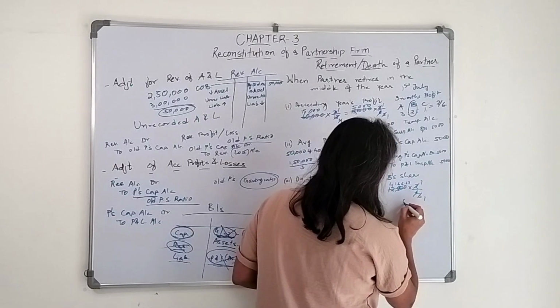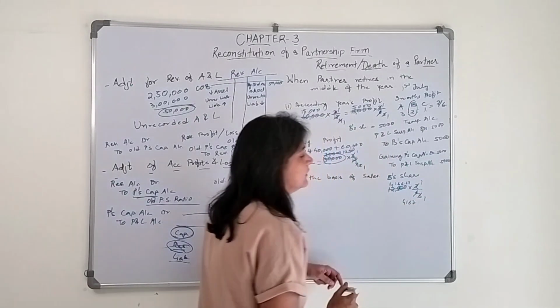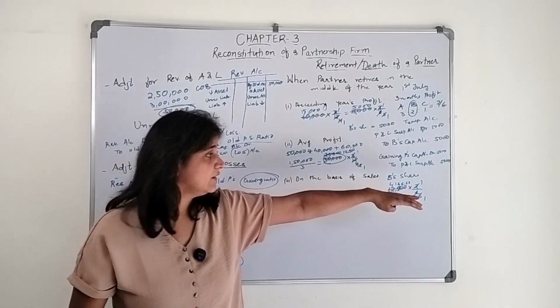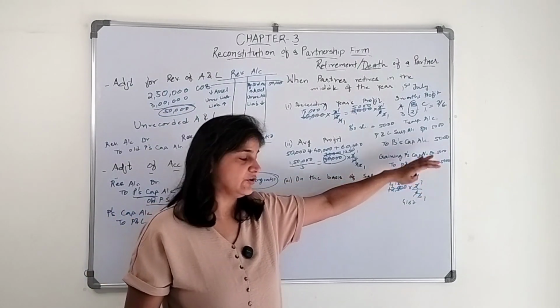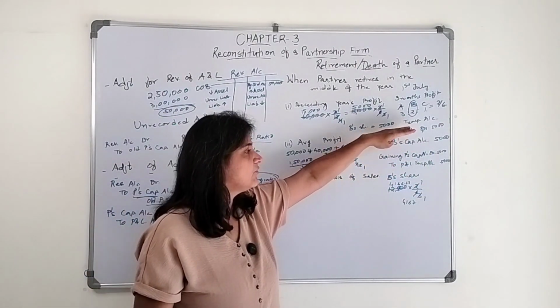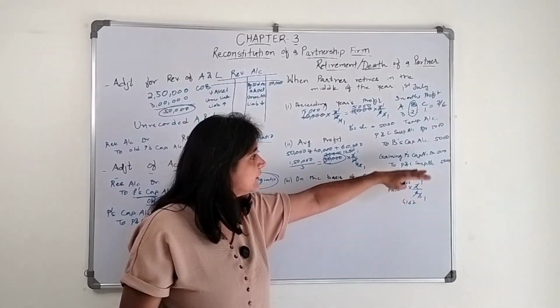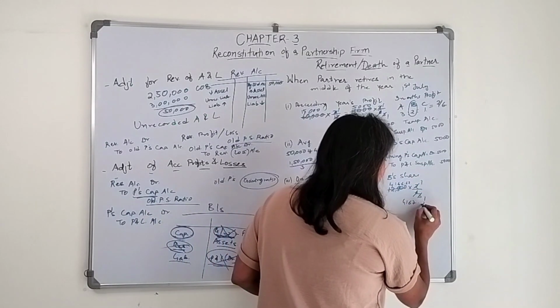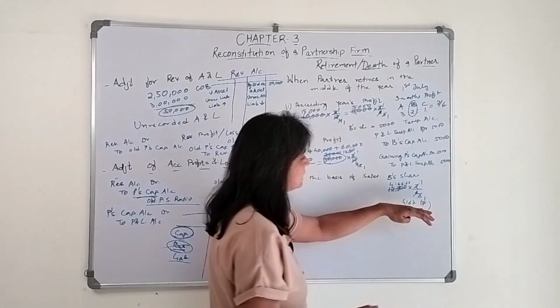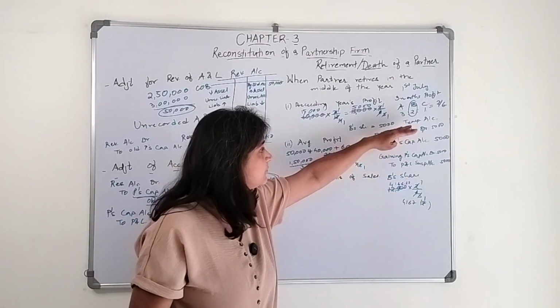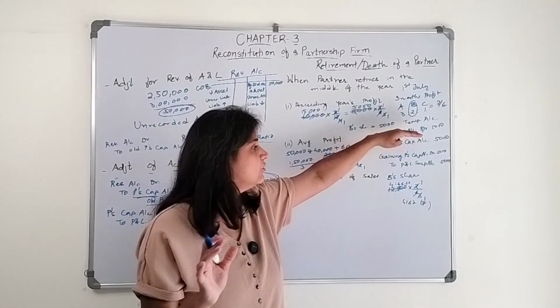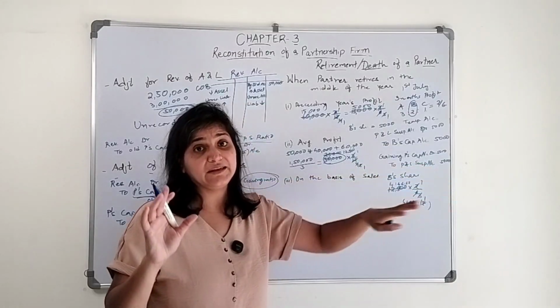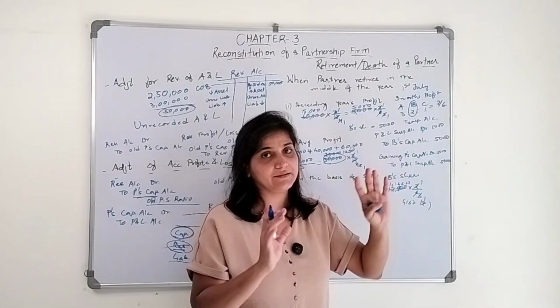4,166.66, like 4,167, will be B's share in that particular profit. So this profit and loss suspense account will be debited to B's capital account, 4,167 rupees. And at the end of the year, this profit and loss suspense account, we will close it, and gaining partners' capital account will be debited, right?